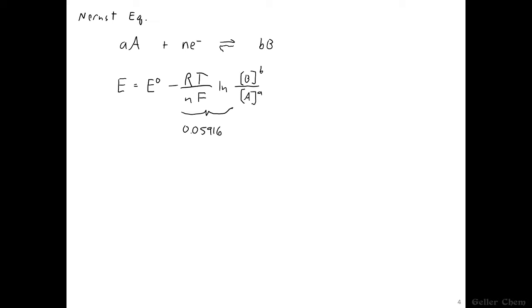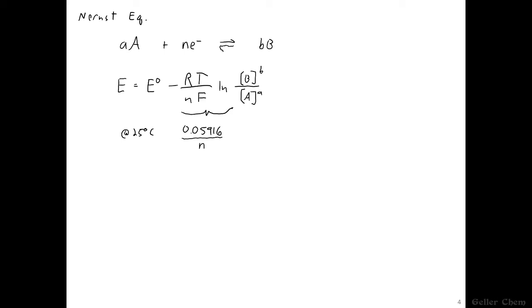This is provided that our temperature is at 25 degrees Celsius. So at 25 degrees Celsius, that's what those constants will group to. Again, we don't fold in n. We keep that separate because some reactions might involve 1 electron transferred, another might be 2 or 3 or maybe